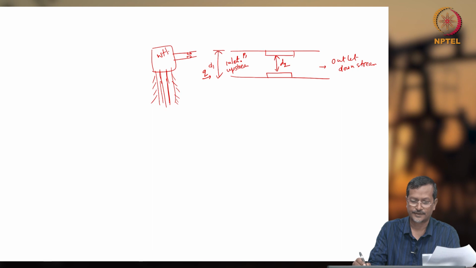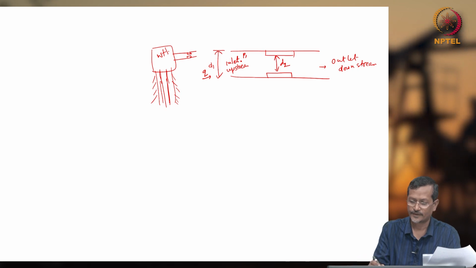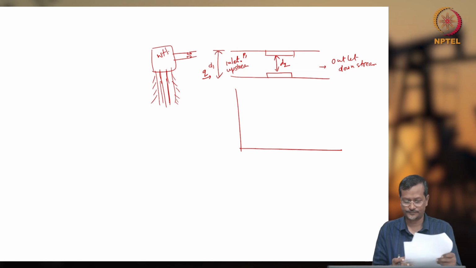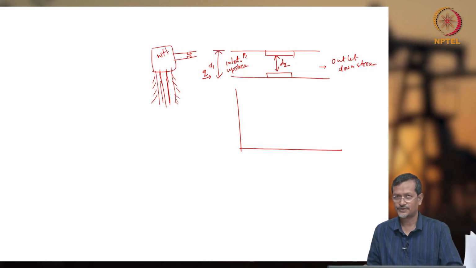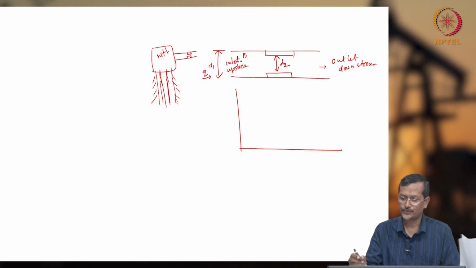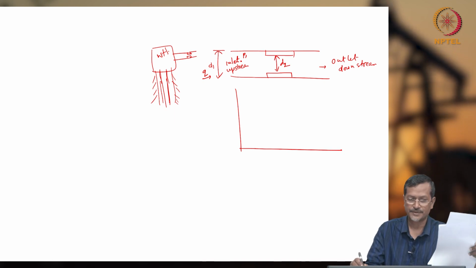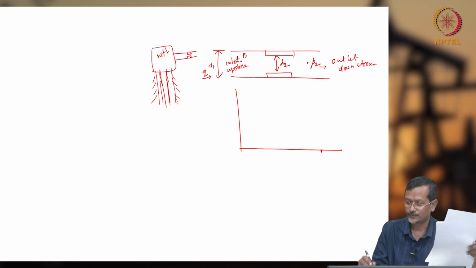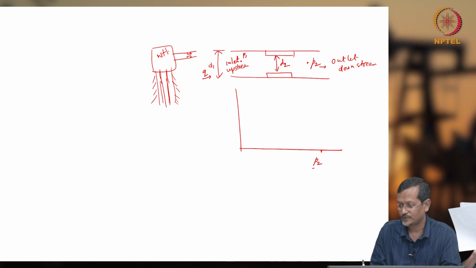Okay, now we need to understand how this fluid will be flowing through the choke. So we need to know pressure P2. So we have to know P2 divided by P1,